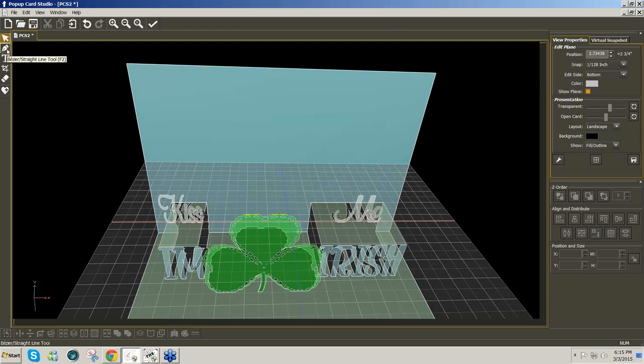The other option to consider as you're doing that is the platform that goes from I'm and Irish. You can make that one long platform. It will get cut out by the clover, but you'd have a wider base to put the kiss on as well. The other thing you could do is, when you cropped the I'm,